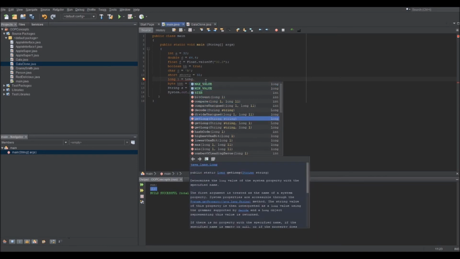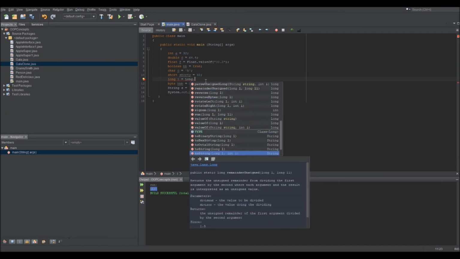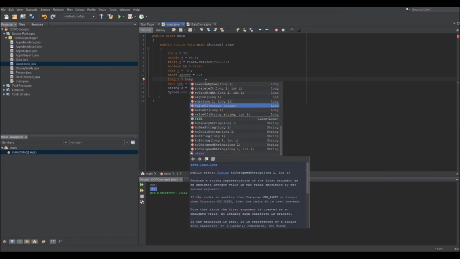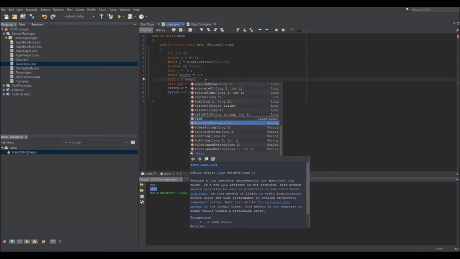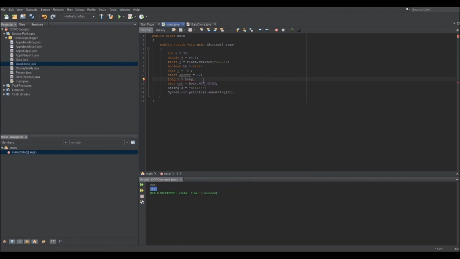Bit count, get long, value of, sum of two longs, and much more. So that is the difference. Now, another common mistake, and these could be interview questions actually,